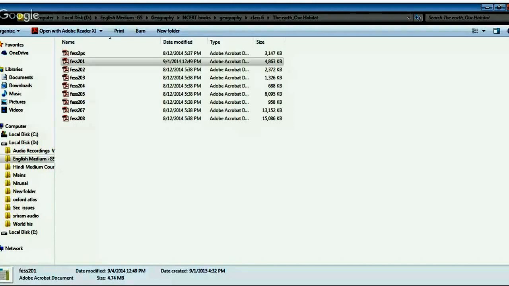Okay, now there are various clusters of millions of stars, and they are known as a galaxy. Earth is a part of the Milky Way galaxy, and a galaxy is a huge system of billions of stars and clouds of dust and gases. There are millions of such galaxies that make up the universe, and it is very difficult to imagine how big the universe is, but scientists are still trying to find out more and more about it.